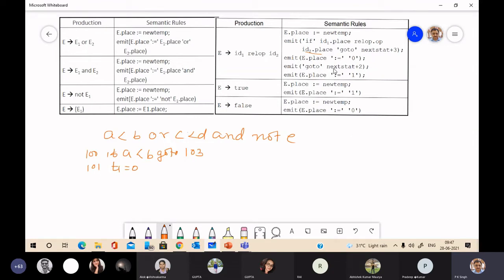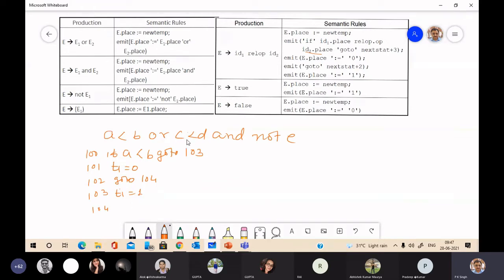Then next is go to next state plus 2, means at 102 you will write go to 102 plus 2 is 104. Then at 103, you have to write this. E place means T1 equal to 1. Next is 104. Next state is there.